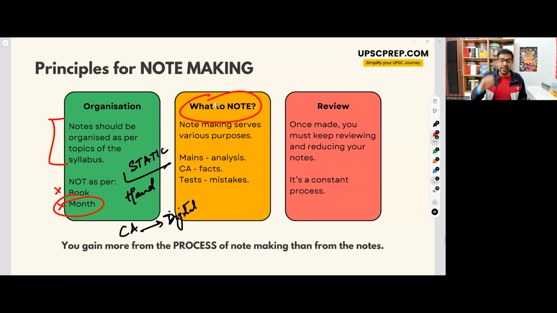And finally, the third thing that I wanted to make a note of: whenever you're giving tests, be it prelims or mains, note down your mistakes. Keep a log of your mistakes. Why? Because like we said in the very beginning of this discussion, we talked about having a growth mindset. What does that do? It allows me to grow from my mistakes. But if I don't remember my mistakes, because it's a 2-year journey, I will forget the mistakes that I've made.